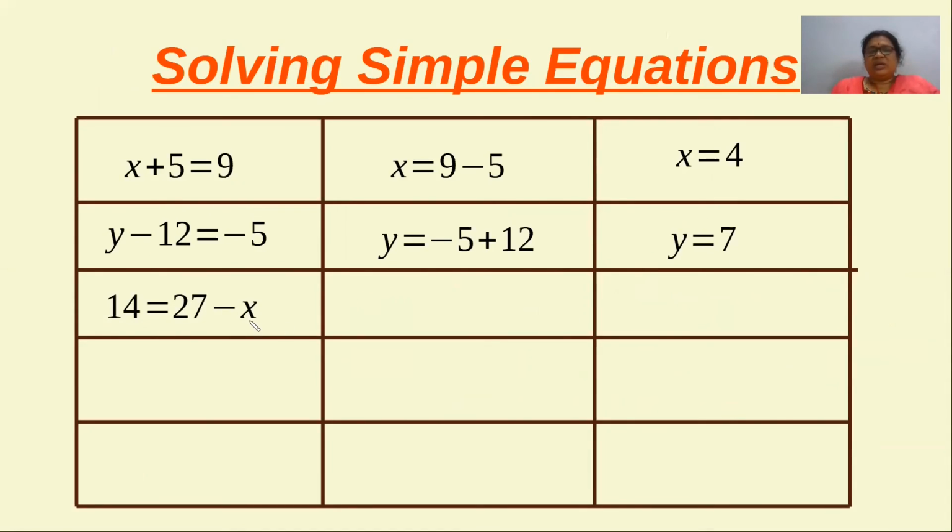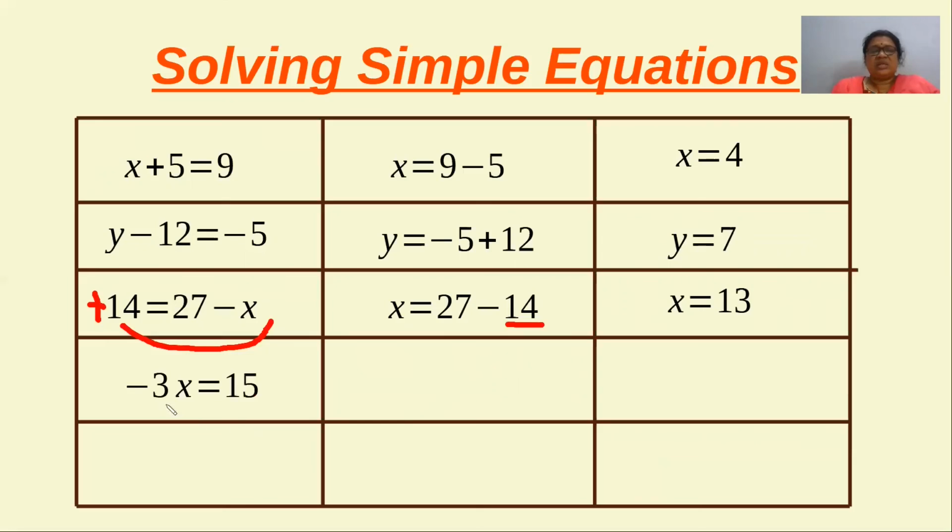Now look here, in front of x there is a minus. So what you have to do in the first step is interchange these two terms. That is, when you bring minus x to the left side, it will become plus, and this is plus 14. Nothing is there in front of 14, you can assume it as plus. When you shift this one to the RHS, it will become minus like this, right? So 27 minus 14, it is 13.